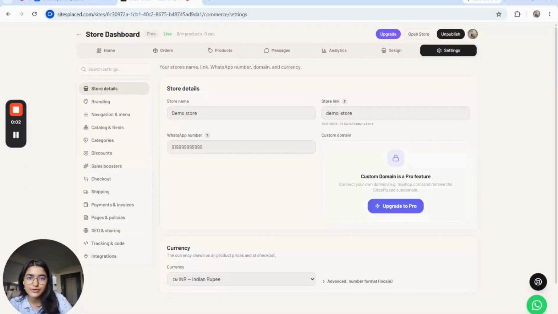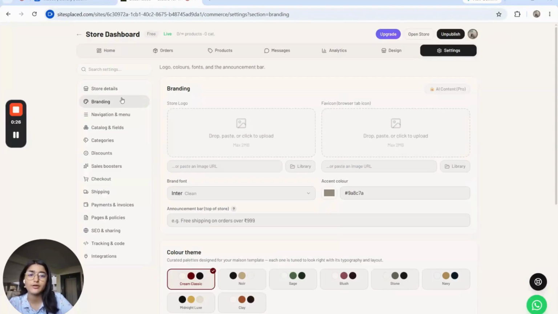Now, the very first domain that we will explore is settings. In settings, there are various sections for the customization. Starting from the store details. Store details is where you manage your information like store name, store link, and contact number. The branding section helps you create a unique identity by adding store logo, favicon, fonts, and color theme.